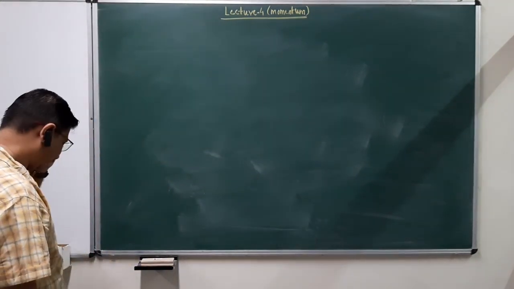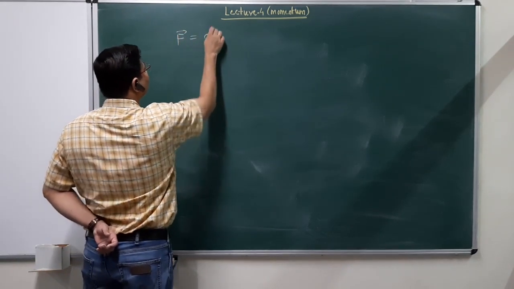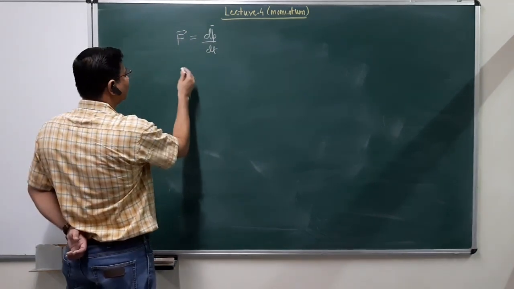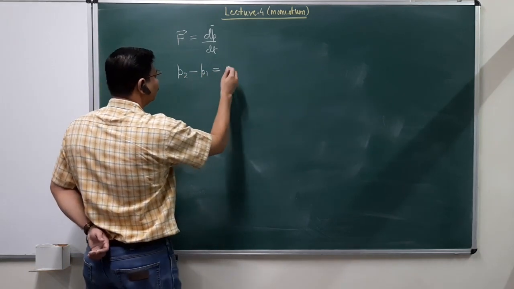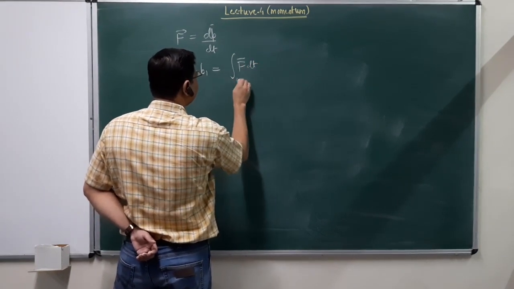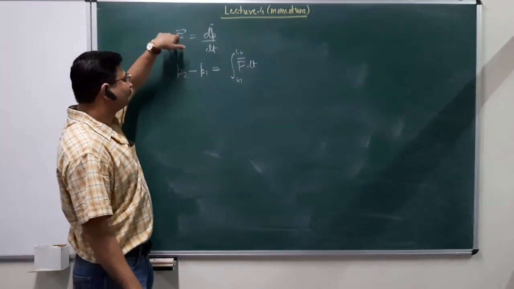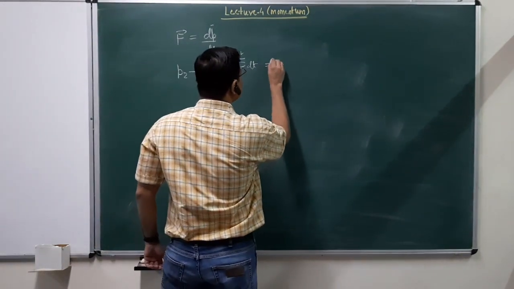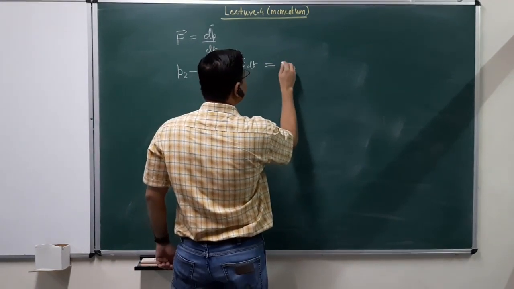Now next, we can also write this equation F equal to dp over dt in an integral form. We can say p2 minus p1, so basically integrating on both sides, is equal to the integral of F dt from t1 to t2, right? So that's the integral form of the same thing. If we integrate force over time, we get the change in momentum. And this expression, the integral of F dt, is now termed as